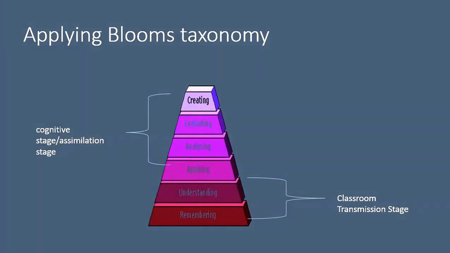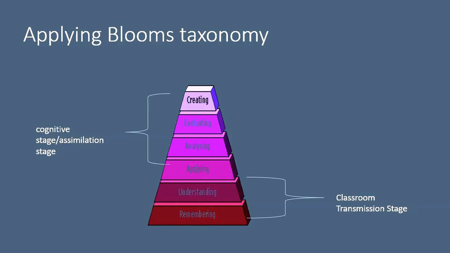As per the Bloom's taxonomy, there are 6 skills which we are developing during the educational system for the students, particularly remembering, understanding, applying, analyzing, evaluating and creating. So out of these 6, remembering and understanding is what we are doing in the classroom transition stage,